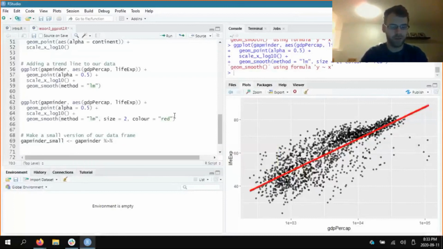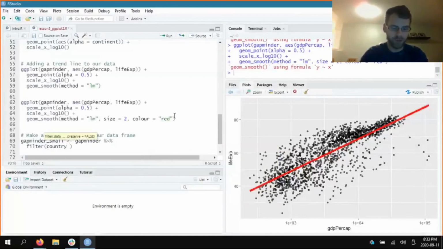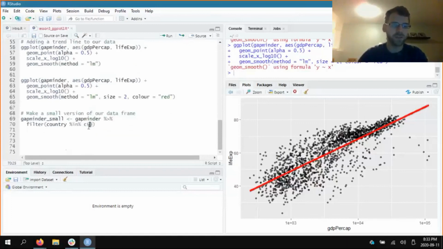And then we want country to match one of, so %in%, and again, no spaces in there. And then we're going to use this little function, C, which is short for concatenate, which is going to basically tell filter to match our country column to one of the options inside of this C function. So we're going to do Canada